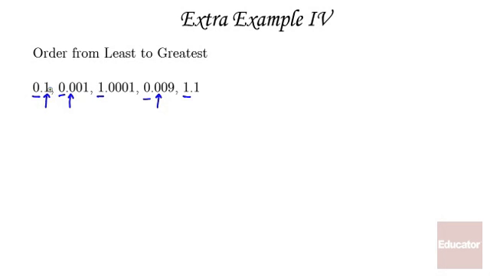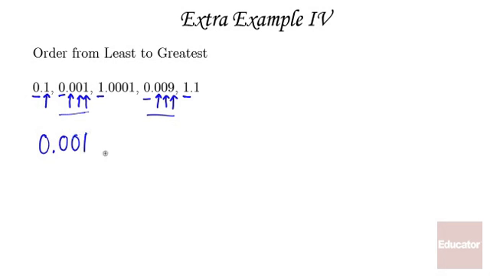So within this place value, this is 1, this is 0, and this is 0. So then I know that this one right here, this one, and one of those two is going to be the smallest number. I look at the next place value, since they're the same. Again, they're the same, they're both zeros. So then look at the next one. Okay, well 1 is smaller than 9, so then this is smaller than that number. So that's going to make it the smallest number,